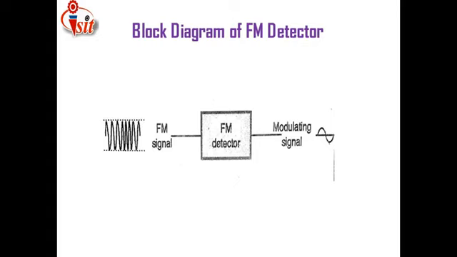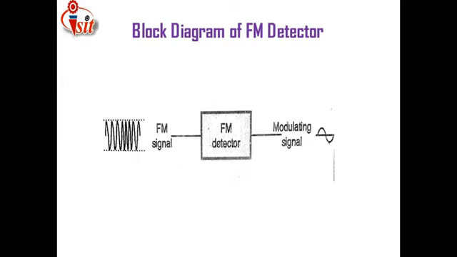There are number of types related to FM detector, but apart from this, here we are dealing only with 4 types of FM detector. First one is a simple slope detector, second one is a balanced slope detector, third one is a phase discriminator, and fourth one is related to ratio detector. Okay, that means here for the FM detection we are going to detect that FM by using these 4 types: first, second, third and fourth. Apart from this, first type, that is a simple slope detector, we are discussing over here.